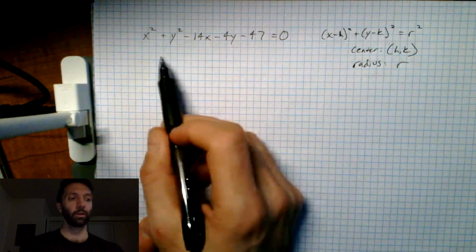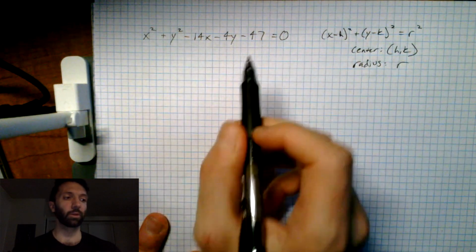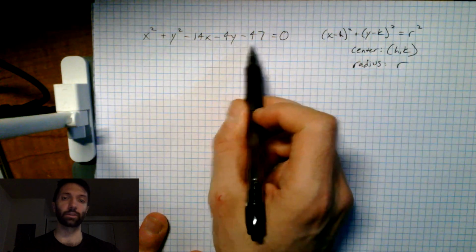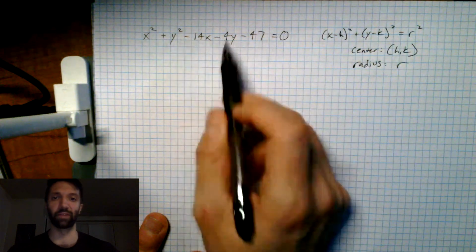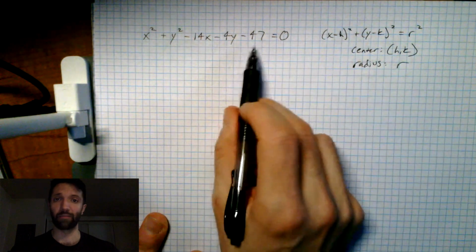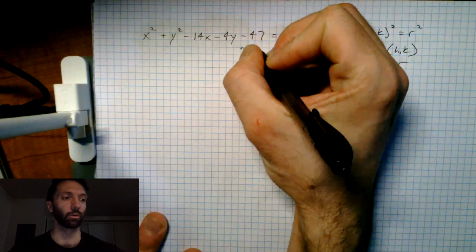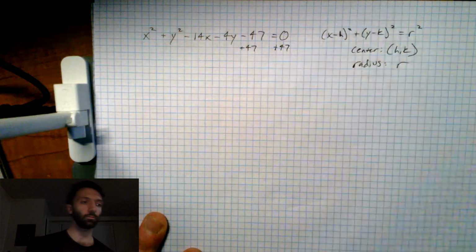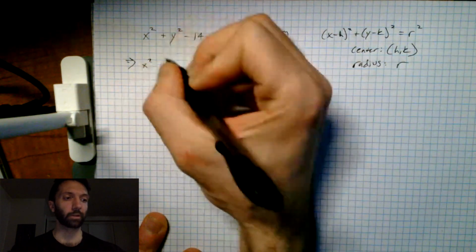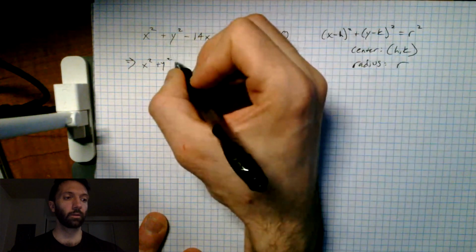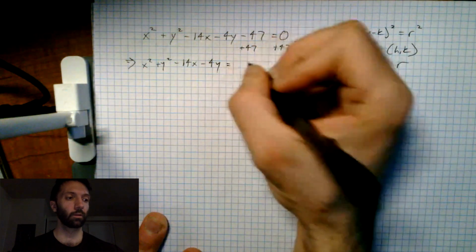And so the first thing I'm going to do here, just to clean this up a little bit, is I'm going to add this constant term to both sides just to get rid of the constant term away from my variables. So if you have a constant term here, you're going to add or subtract it off. So in this case, I'm going to add 47 to both sides. All right. And this is going to leave me with x squared plus y squared minus 14x minus 4y equaling